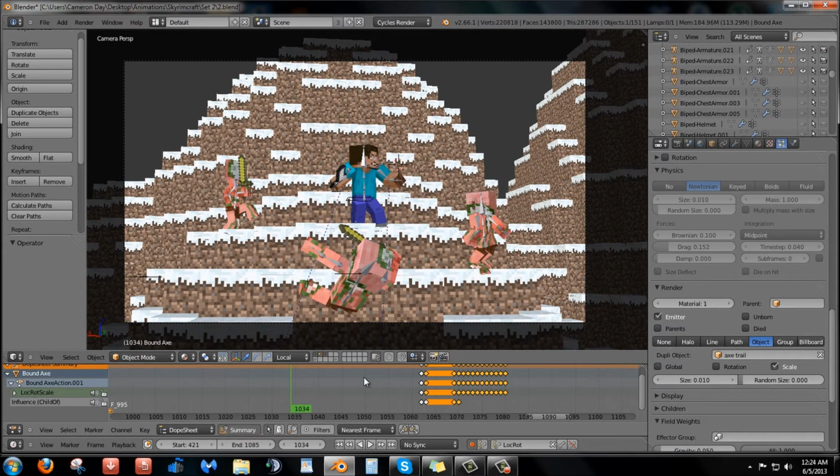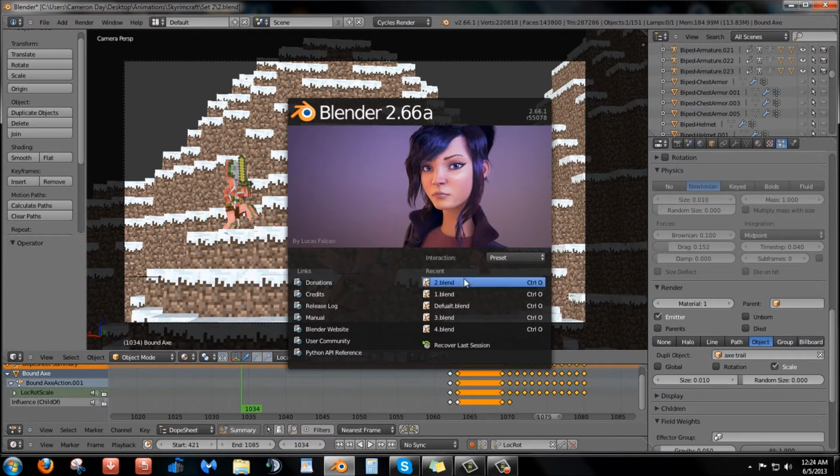And also, just to put things in perspective for you guys, the first scene took 7 minutes to render per frame. The second scene took about 3 minutes per frame. And this third scene, since it's really small and it's just basically a cave system, it took about 1 minute and 30 seconds per frame. So let's move on to the third scene, which is the most interesting in my opinion.